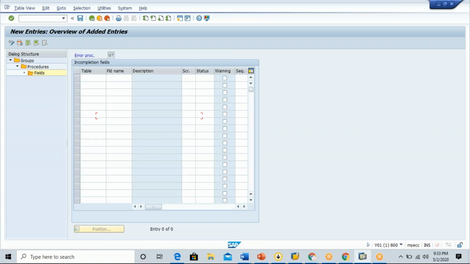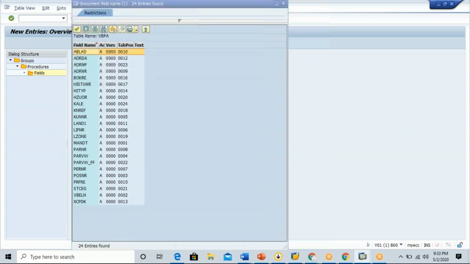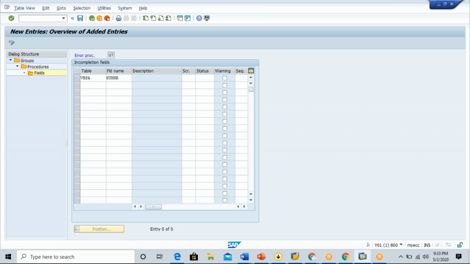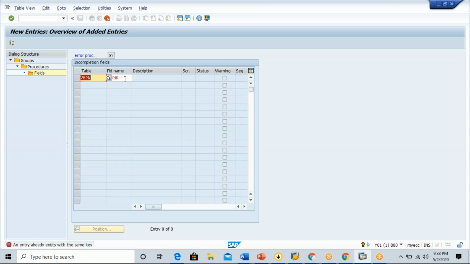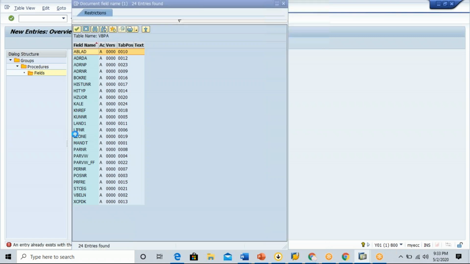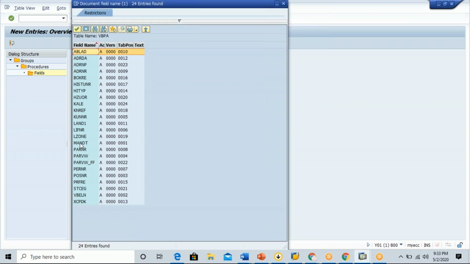This is the partner table, and select any field from the partner table. Okay, it's already there. KUNNR means customer, the field name. Or for example, you want to make sure the vendor information is also available in the sales order: LIFNR,